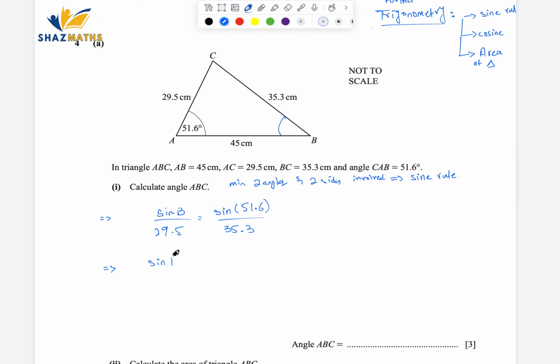It's going to be sine of B is equal to, let me quickly solve it: sine 51.6, whatever the answer is, times 29.5 divided by 35.3. So sine of B equals